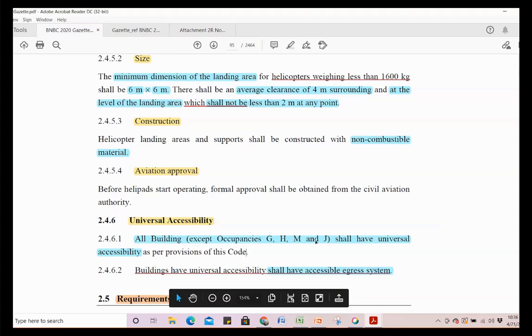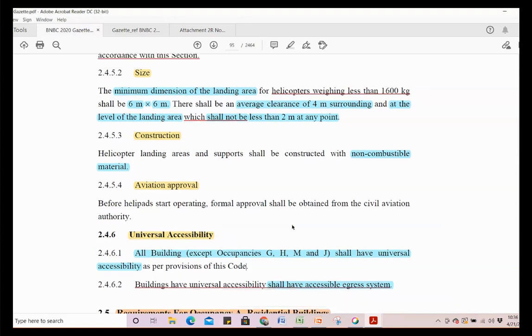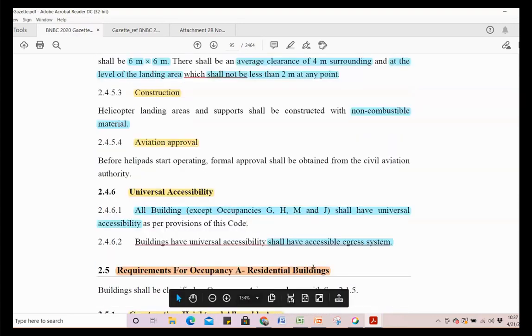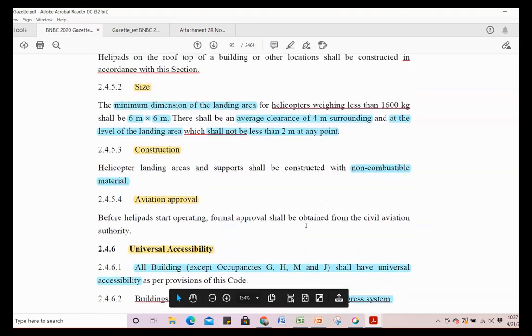So this is the end of segment 2.4, and then we go for the specific requirements for occupancy A to M. That will be the second component of our presentation